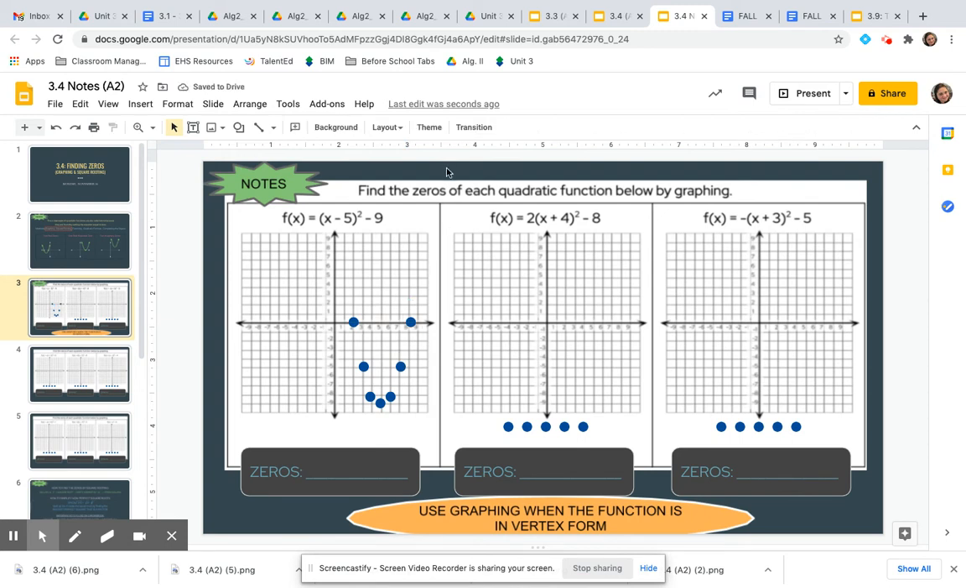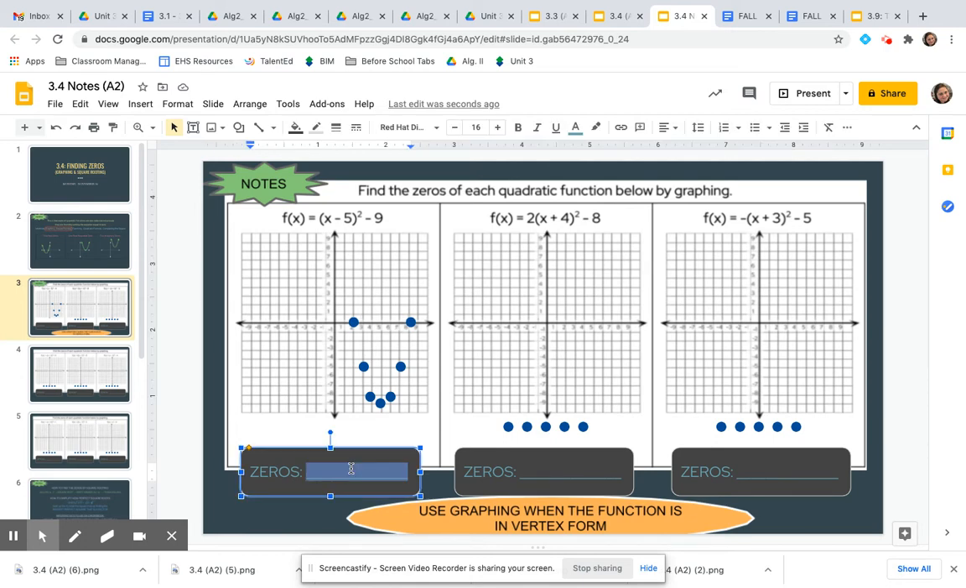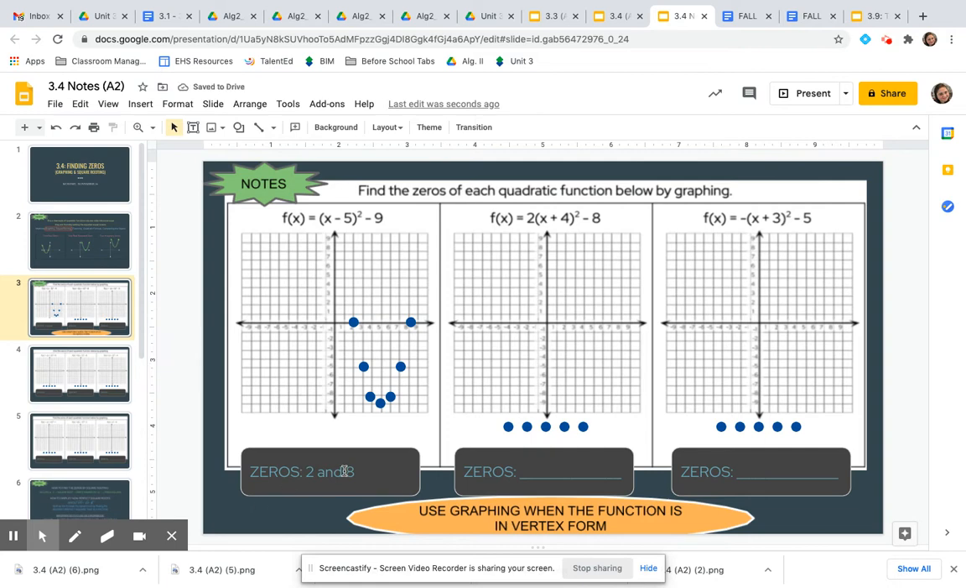Okay. So my two spots where it crosses the x-axis are at 2 and 8. So I'm going to come down here to zeros and say 2 and 8. I'll make this look a little better for you guys. 2 and 8. Okay. And then I'm going to do the same thing over here,